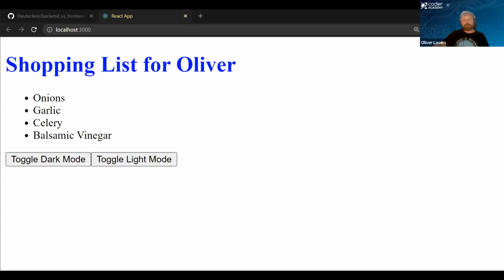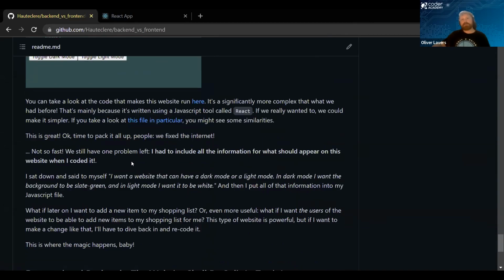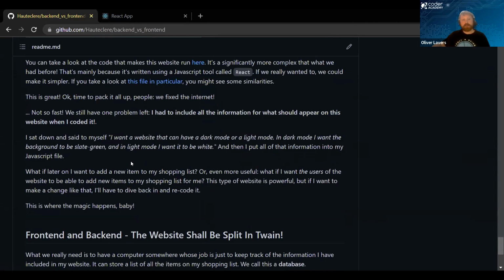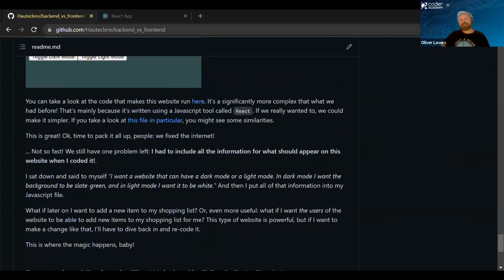Now that solves a lot of problems for us. And it really frees up some space on my computer when I am serving a website to you. But there's still a problem here. And the final problem that we have here is that when I sat down to create this website, I had to know in advance everything that it would have in it.